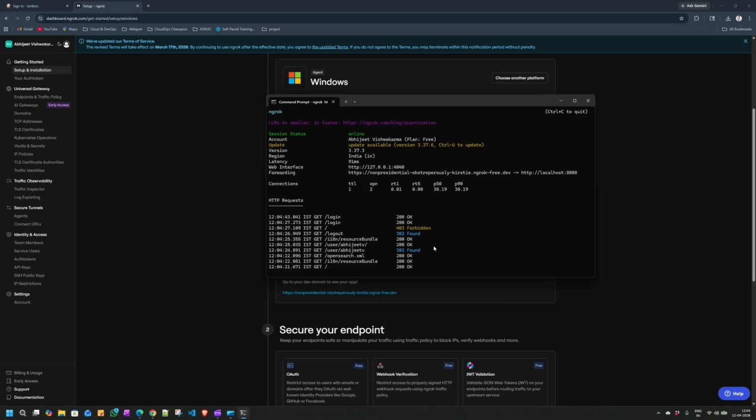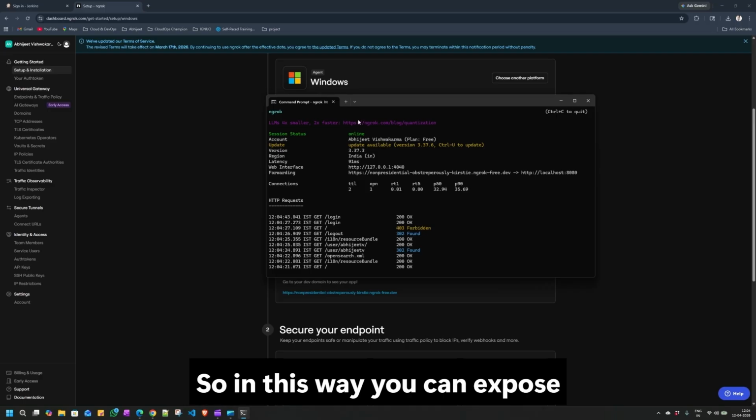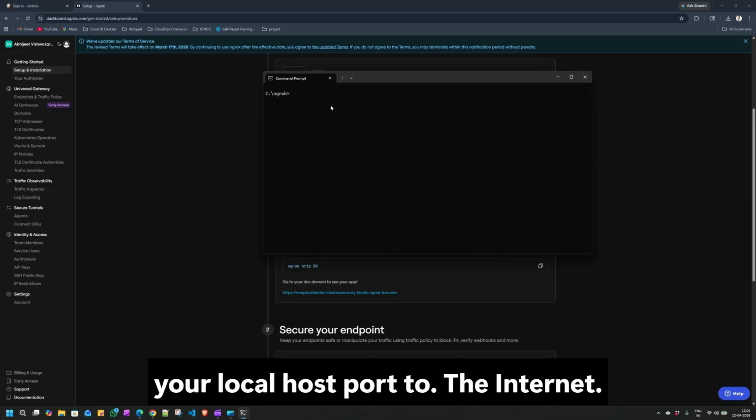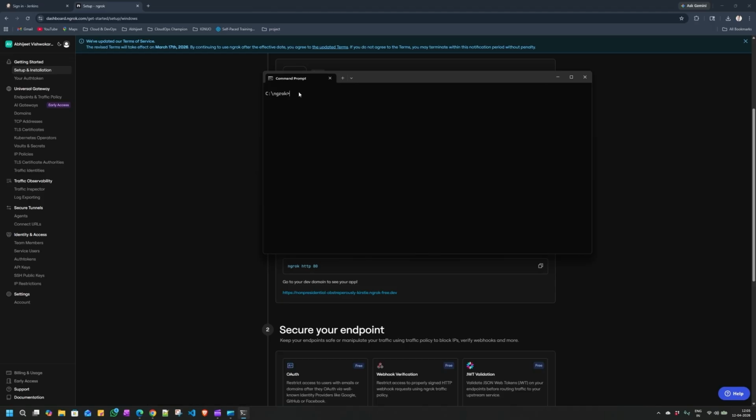So if you want to exit, just type Control C. So in this way, you can expose your localhost port